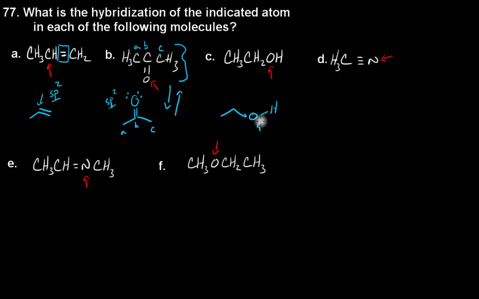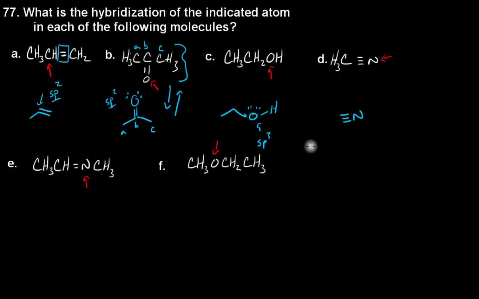This is the oxygen we were interested in. We've got 2 lone pairs right here. So we only have single bonds. So because of that, this oxygen is going to be sp3 hybridized. Next up on the docket, if you want to draw this guy out, completely rigorously, you could, or very quickly,